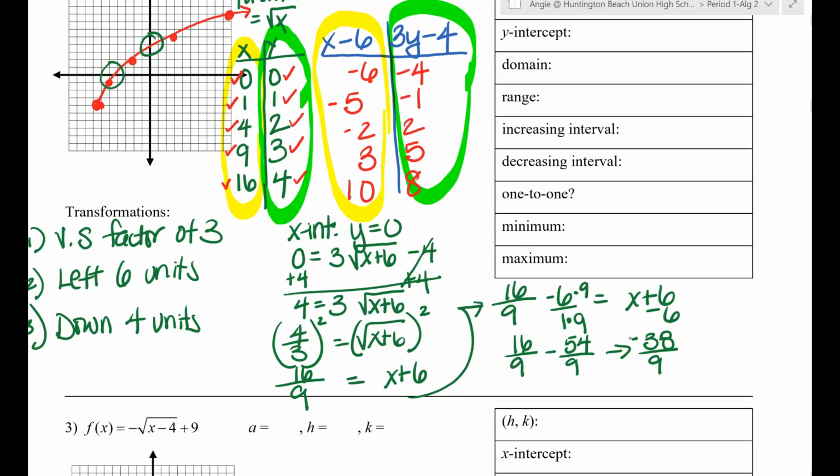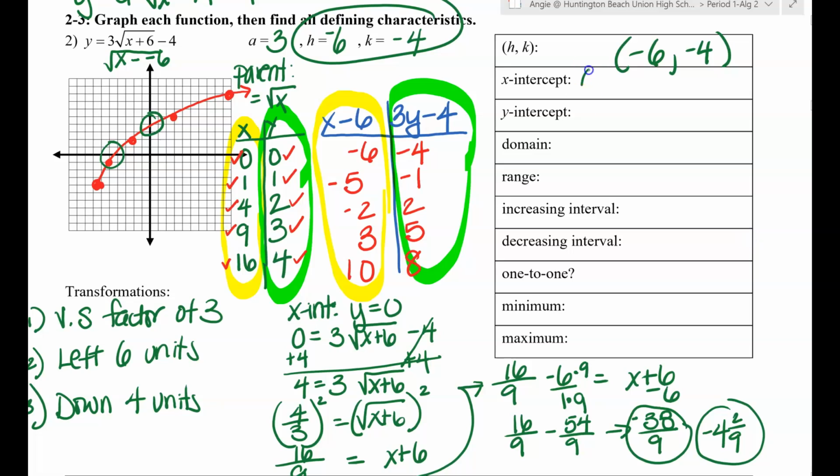Now you always want to check to see if that's reducible. Since we can't reduce that anymore, student, that would be our final x-intercept value. Now feel free to rewrite it as a mixed fraction as well. If we were to rewrite it as a mixed number, this is negative 4 and 2 over 9. So write it as an ordered pair. Okay, x and y intercept will always be an ordered pair. So that's going to be negative 4 2/9